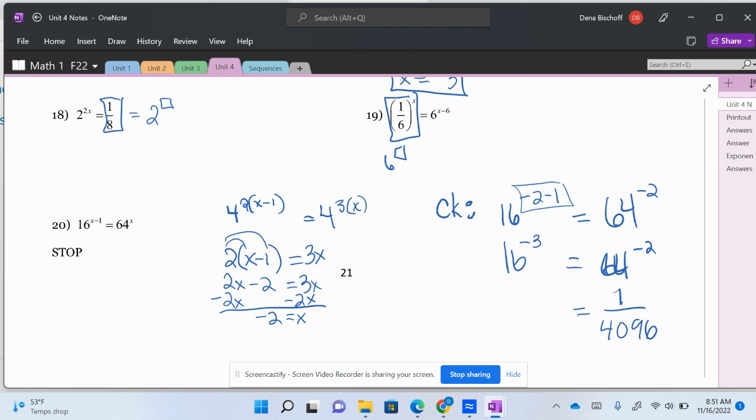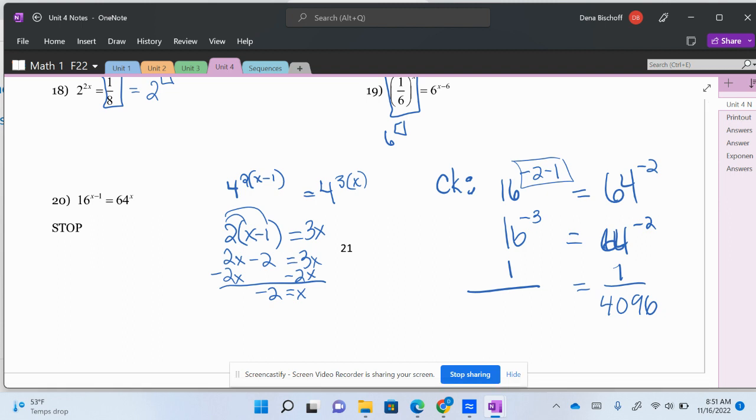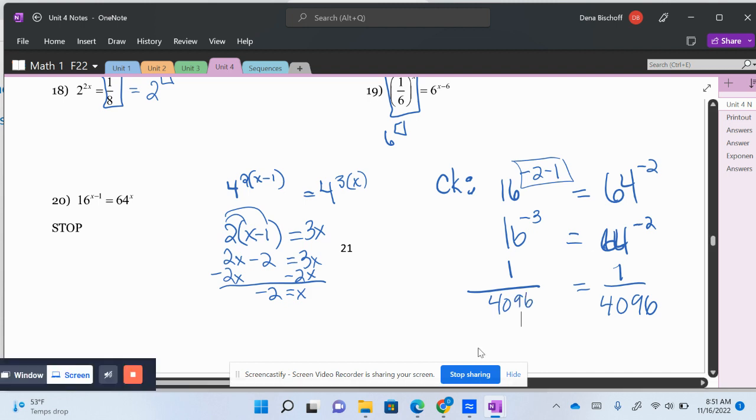Okay. Did you do 64 to the negative 2 power? Or did you do 16 to the negative 3? Okay, so someone do 64 to the negative 2 power. Turn it into a fraction. If you're in decimals, hit the fraction button. It's the same. 1/4096. Okay. All right. So I'm going to go to Canvas really fast and